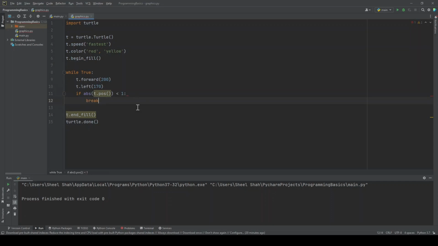So the only thing that we did not go over is this t.pos. Basically, if I print this, it'll show the exact coordinates of where the turtle is on the screen. Turtle has this coordinate system, so the middle is 0, 0. Basically, all this is saying is if it goes back to the start, just break out of the loop and end this. So now if we run this,